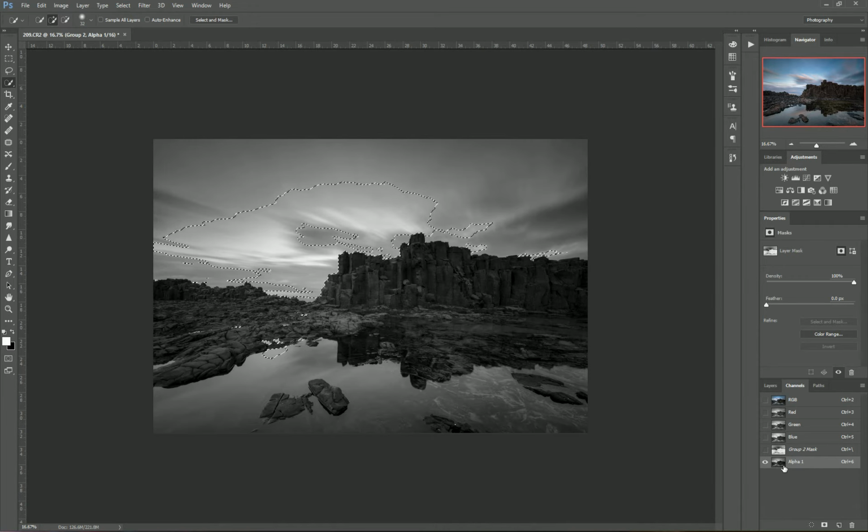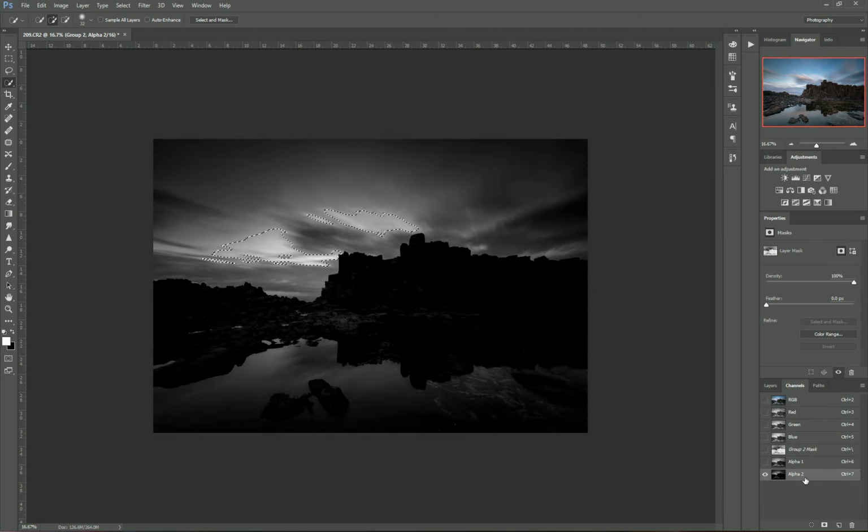So if I hold down Control, Alt and Shift and click on the layer mask again, it'll give a more refined mask or selection there based on the highlights. And clicking down here at our layer mask, we have more of the really highlighted areas here. Now to create our